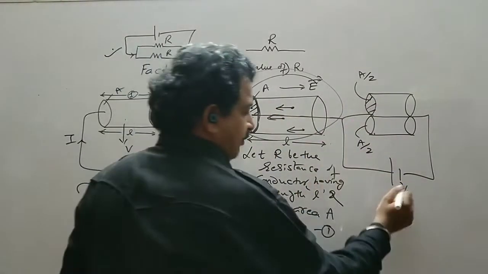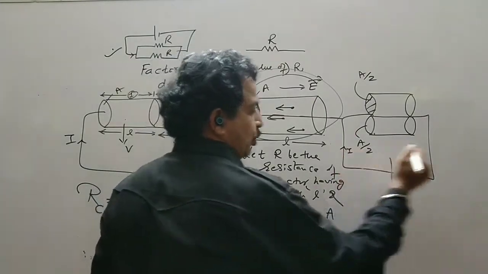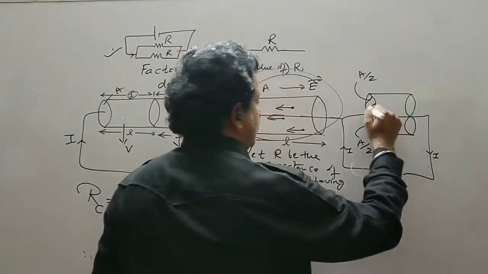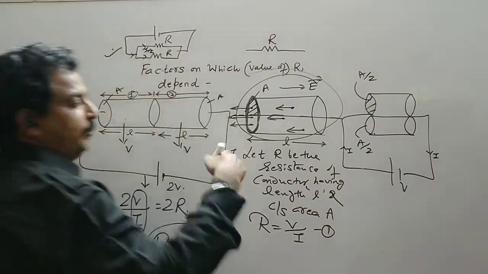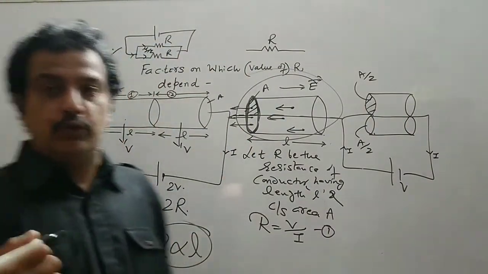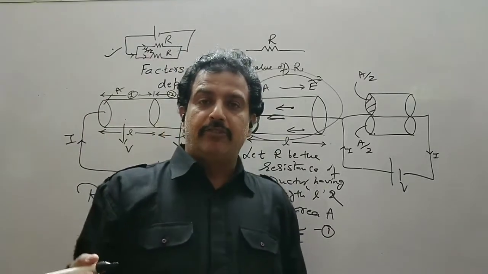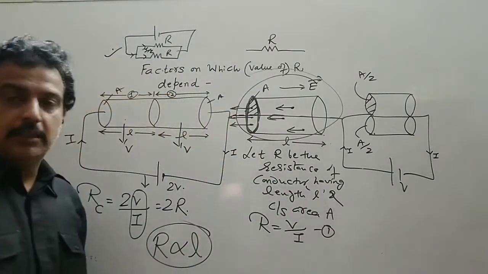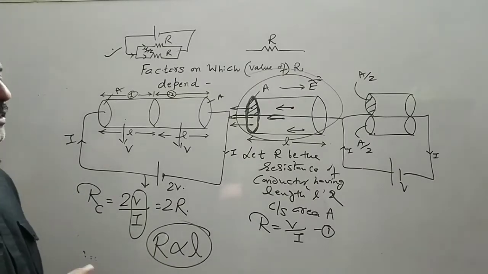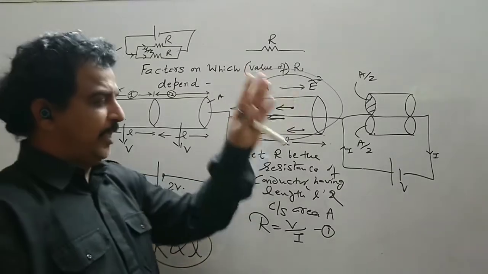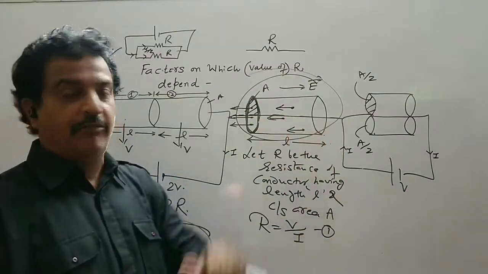Now we have a V battery, the same battery, so the current is I. Now here it is a junction. So the current will be divided into two parts, and in a parallel combination of capacitors we have seen that the potential difference remains the same, but the amount of charge distributed becomes half if the capacitors are identical. The same thing is applicable here. Instead of a charge we have a current flowing through the circuit.